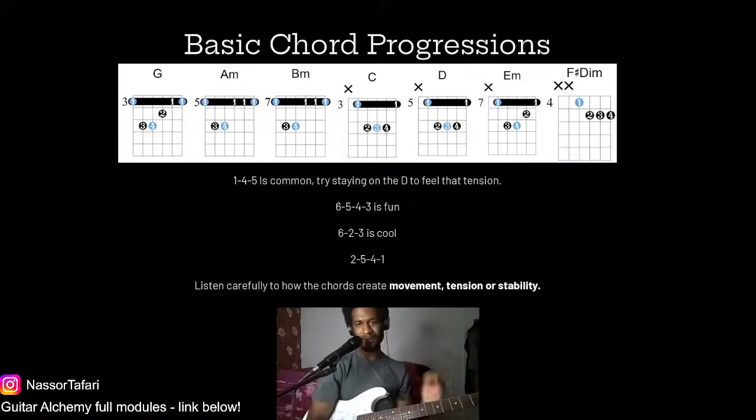Now on its own, I know it might sound boring, like, oh, E minor, A minor, and B minor. But when you start connecting these pentatonics and diatonics with those chords, you can start doing some